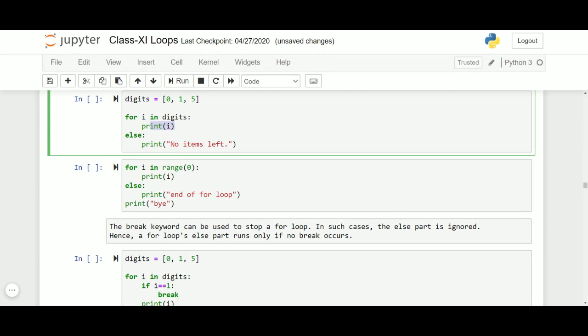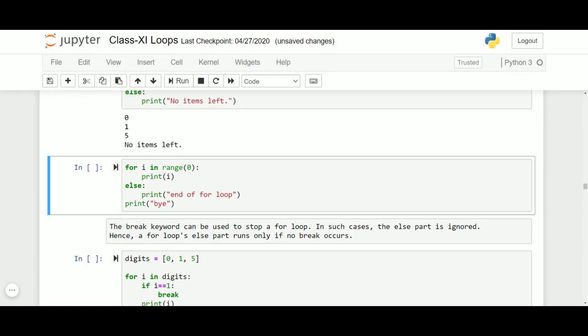Now the list has been exhausted. When it comes out of the for loop, it goes to the else only one time. So else will not be repeated the number of times the for loop is executed. Whereas when the for is exhausted, it will come out and go to the else, if you have else with the for, and all the statements under else will be executed once. So it will come here and print no items left now in the list.